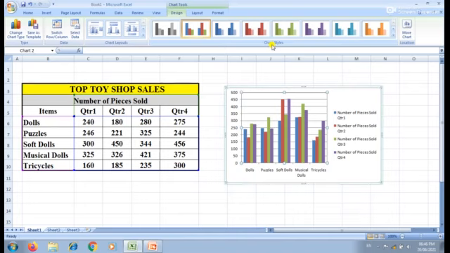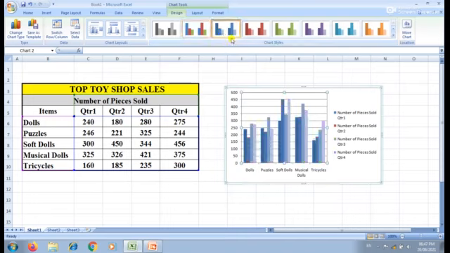If you want to change a chart style or chart layout of the created chart, you can change. For example, in chart styles group, many styles are available. I'm going to change the chart style.